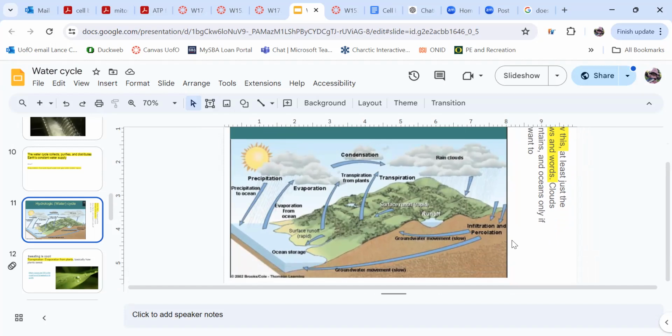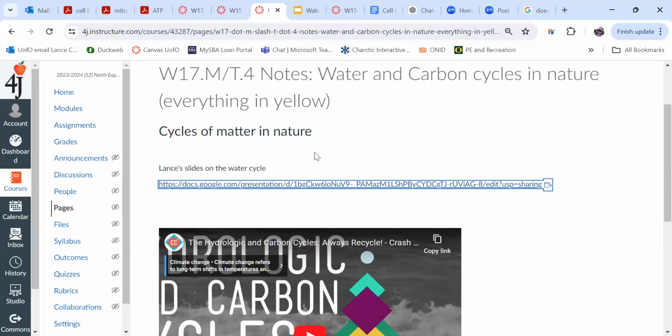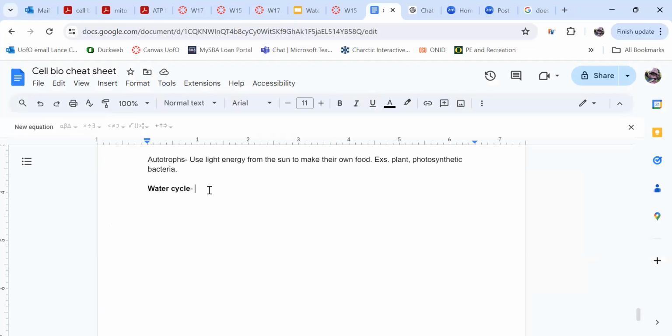So I'll put drawing from slide 11, week 17, Monday, Tuesday. All right. Drawing. Week 17, Monday/Tuesday. Slide number